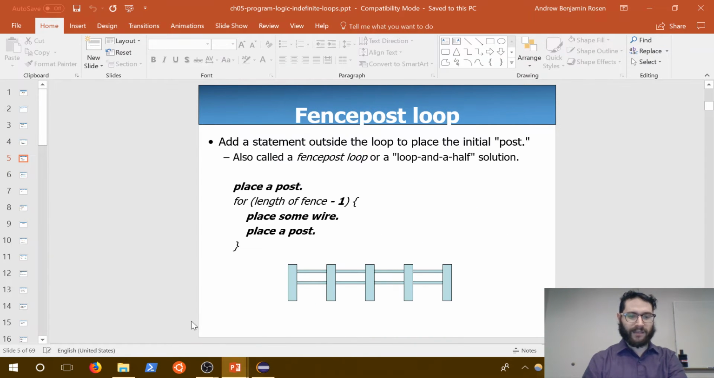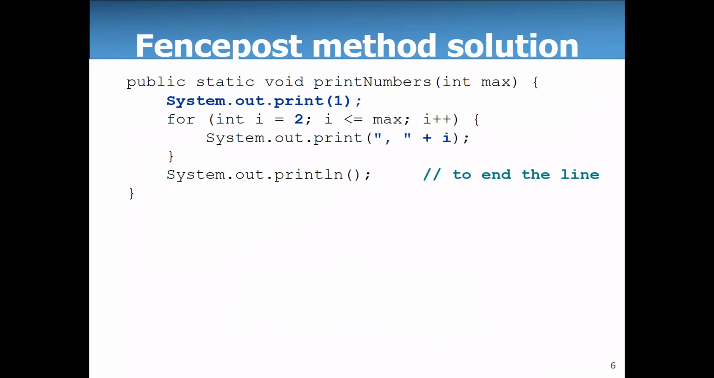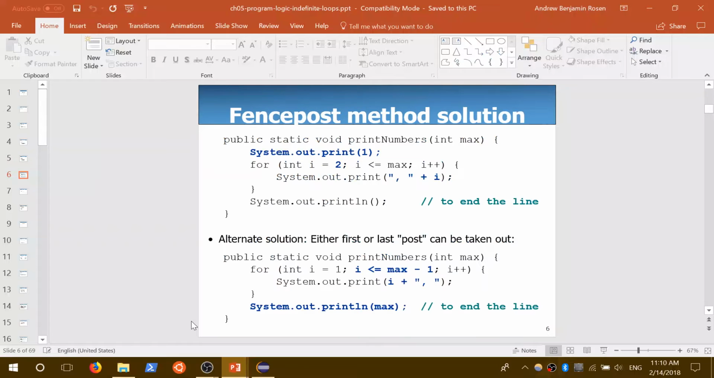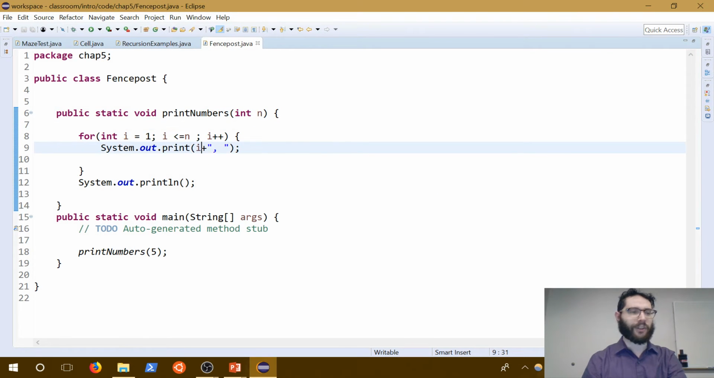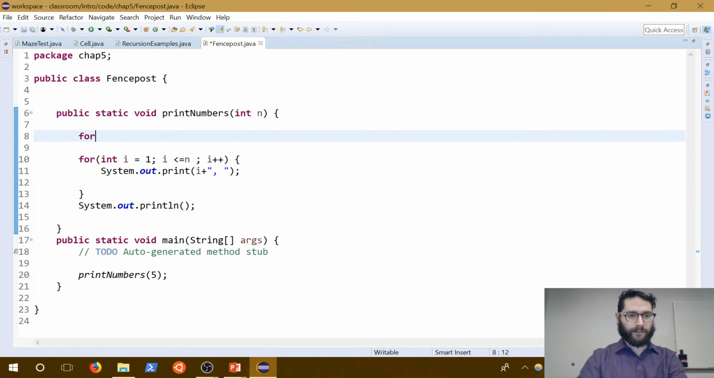One they have is that we can start. Okay, so they do both. So I'll go ahead and do that. The idea is that we're going to put either the first number or the last number down outside of the loop. Okay, so here, what I'll do, one solution is to do this: